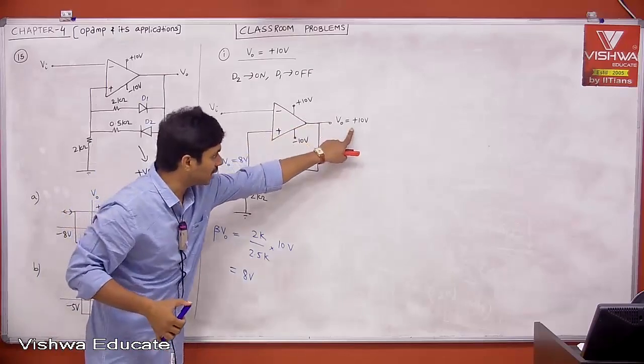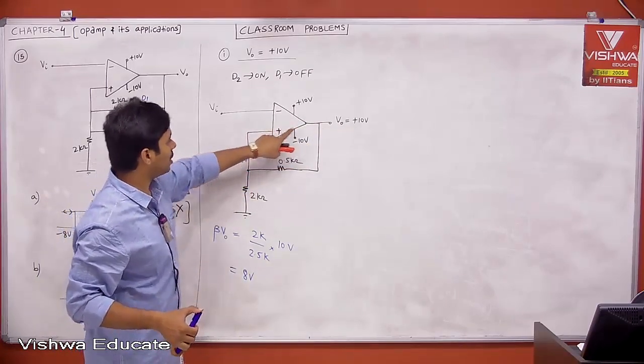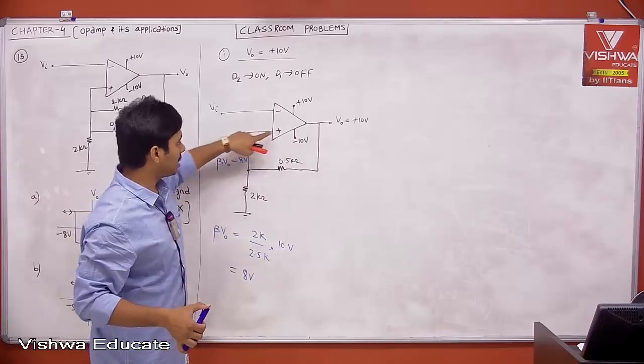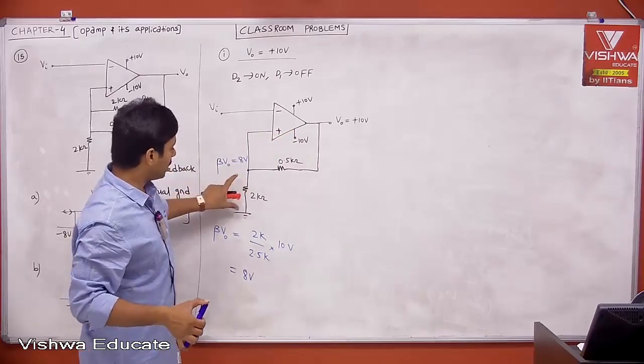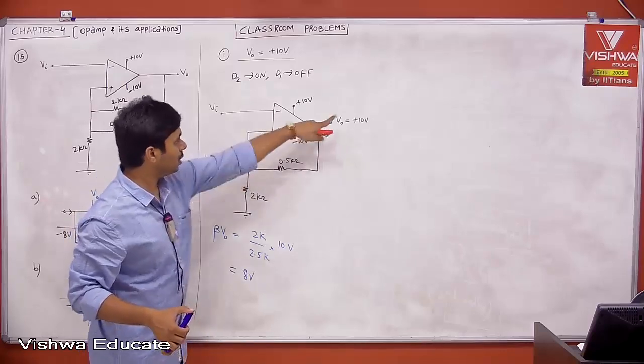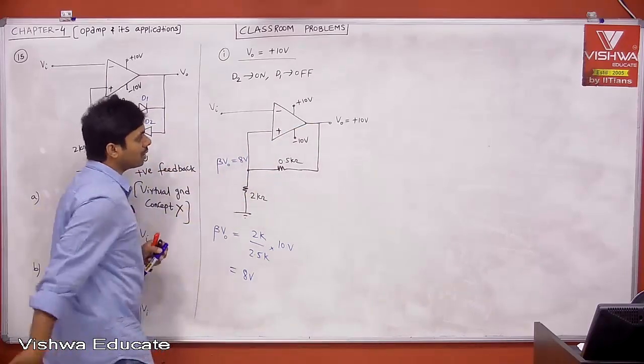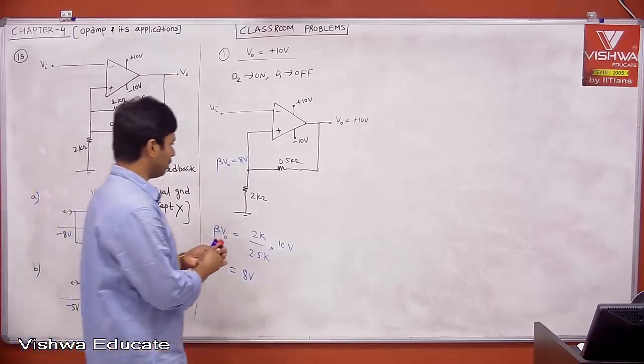When V0 is equal to plus 10, then it is a voltage divider network because the current entering into the op amp is 0. It is like floating. Input impedance is infinity, it is floating. Then it is simply 2K divided by 2K plus 0.5K, then into V0. That is the voltage we have here. Then this is 8 volt. Therefore now tell me, if I plot the curve,